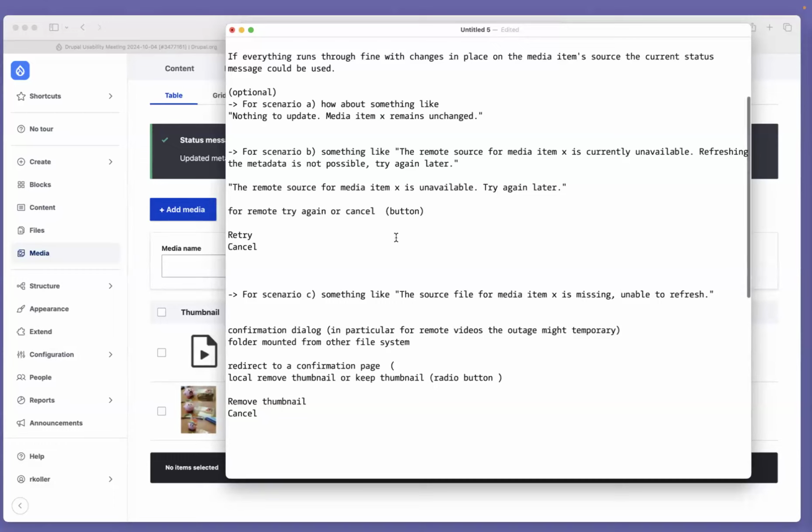I'm thinking a bit less. If you click cancel, the status doesn't change, so there is no change in status. It feels a little bit redundant to have a status message that says status quo.